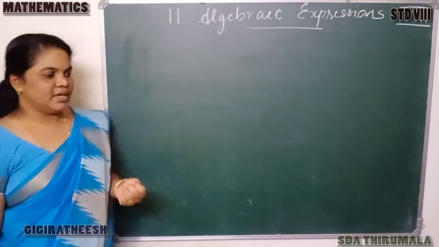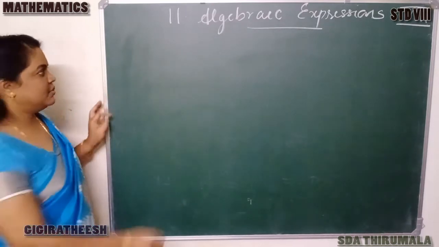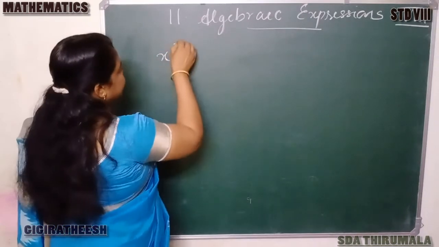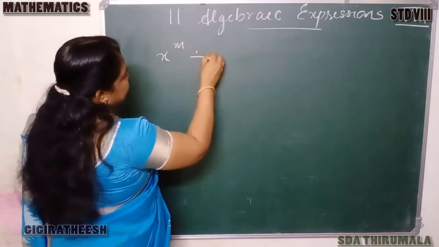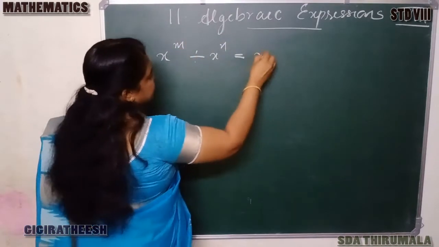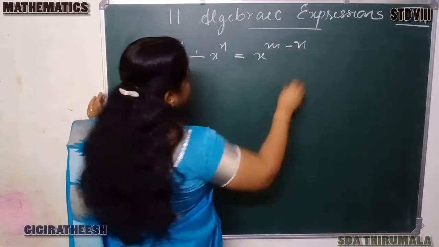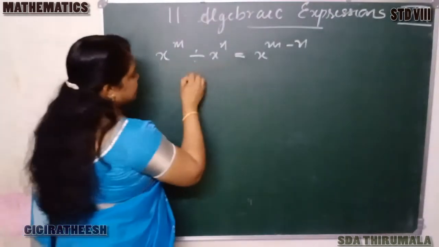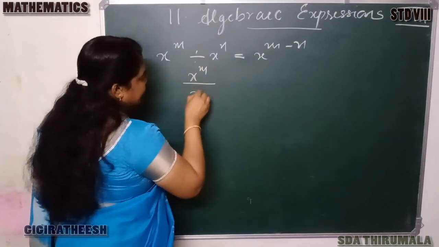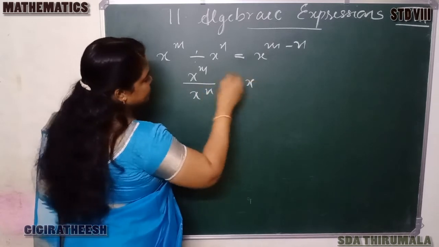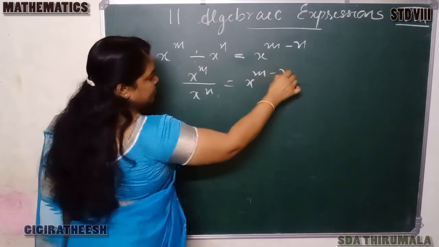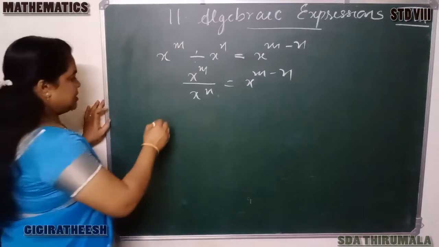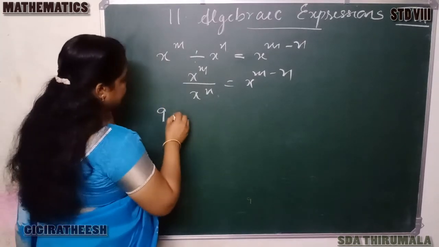We know that in exponents we have studied that x raised to m divided by x raised to n is equal to x raised to m minus n. You know that we can write it as x raised to m divided by x raised to n, that is equal to x raised to m minus n. For example,